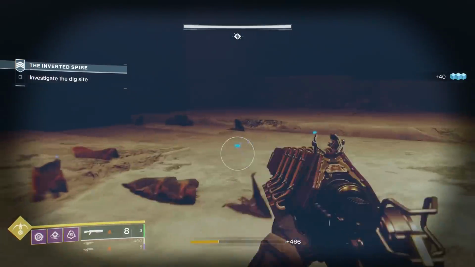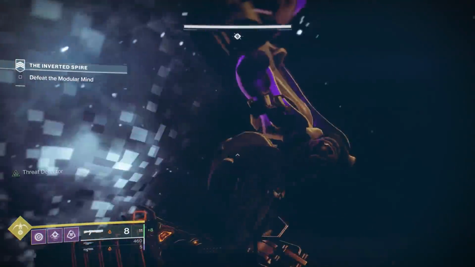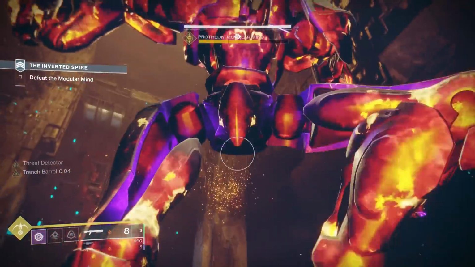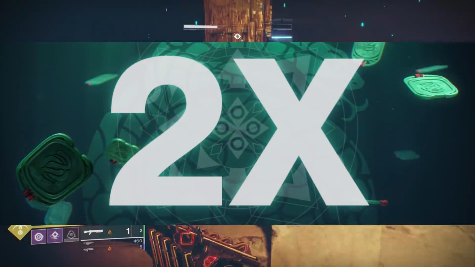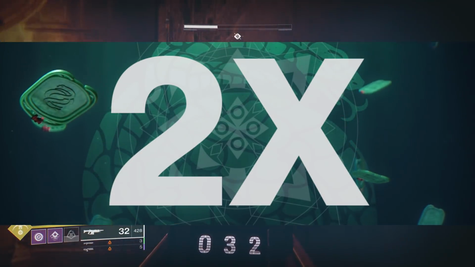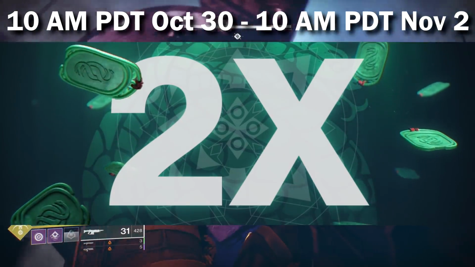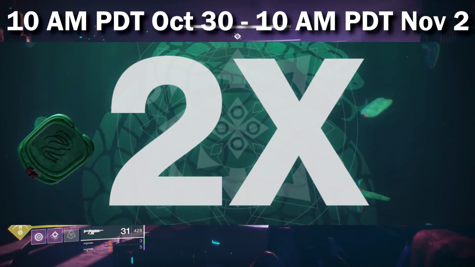Alright, now moving on from there, we have news on some upcoming events. We've had increases to Valor in the past, but now we have some increases to Infamy, your Gambit rank, coming soon. So there's going to be a double Infamy time. So when you're playing Gambit, Infamy, the thing that you need to level up your Gambit rank, is going to be rewarded at double the rate starting at 10 a.m. Pacific on October 30th, basically when this update hits,